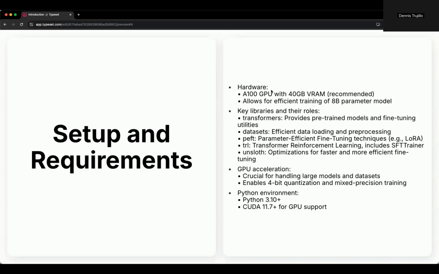The recommended hardware for this task, I would recommend utilizing an A100 if possible, with 40 GBs of VRAM. So this would allow for efficient training of an 8 billion parameter model. Some of the key libraries that we're going to be utilizing are the transformers library, which provides pre-trained models and fine-tuning utilities, the datasets library, which provides efficient data loading and pre-processing, the PEFT library, which provides parameter-efficient fine-tuning techniques, where we're going to be utilizing a technique called LoRA, TRL, which is a